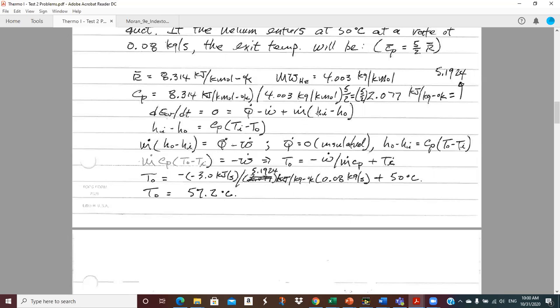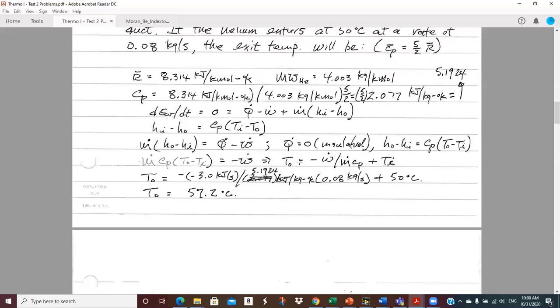And let's see, I bring this term to the other side of the equation, which switches the temperature from T in minus T out. First it's enthalpy, and then I make the substitution. So I bring this term to the other side. I throw away the Q dot term because we're insulated, and then I make the substitution. H out minus H in is Cp times T out minus T in, which is equal to the negative of the work,